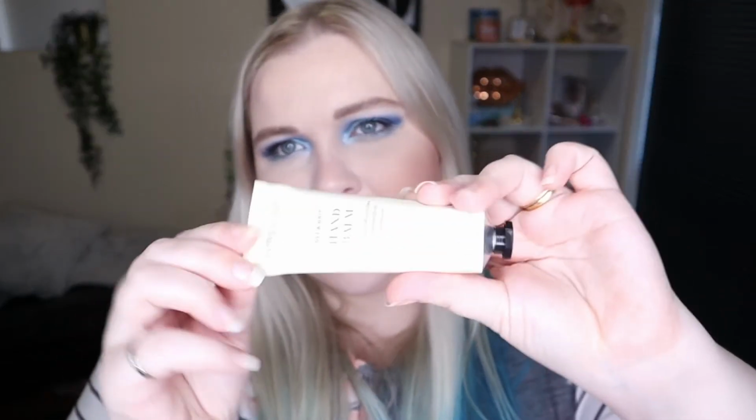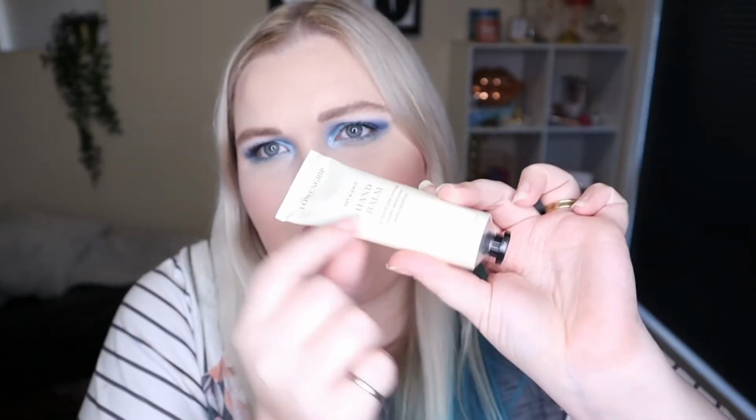So the fourth product in here is from Low & Grip. This is my mother-in-law's favorite brand, so I will pass this on to her. It is actually a Get a Grip hand balm. It's for hands and cuticles. It's an instant absorption and deep hydration. Comes in a tube like this. It's literally just got hand balm written on the top there. This is a cute little size as well. It is only 50 mils. It retails for 19 Australian dollars and is available from